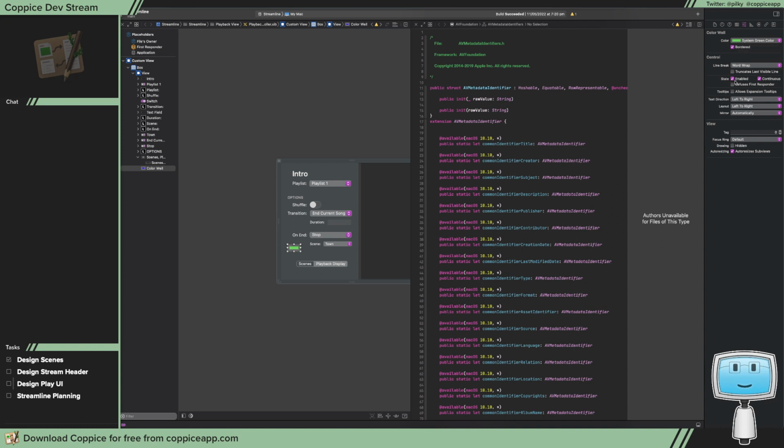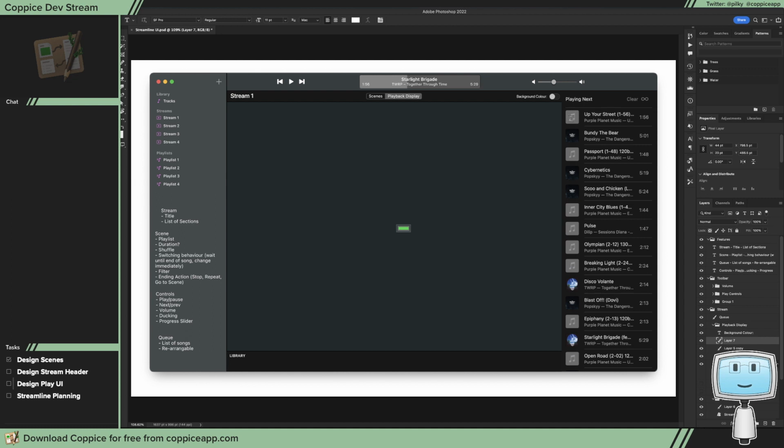Let's choose system green just because it's a nice-ish color. We probably won't use this exact color well. I may bring the one over from Coppice, but